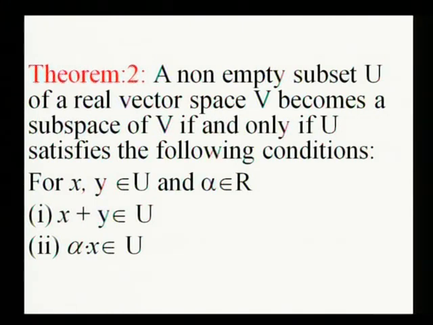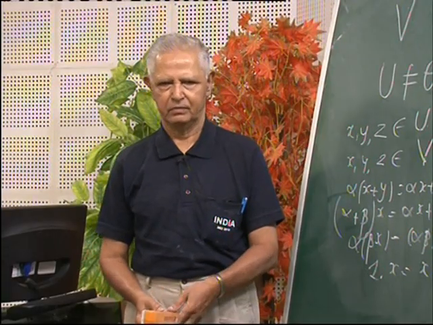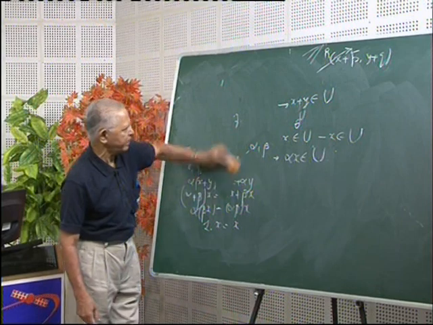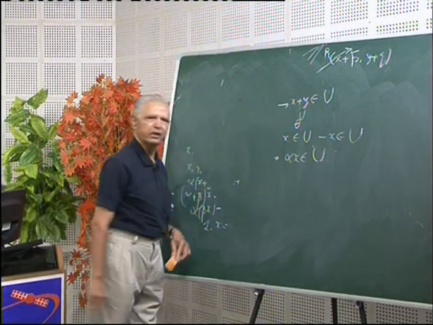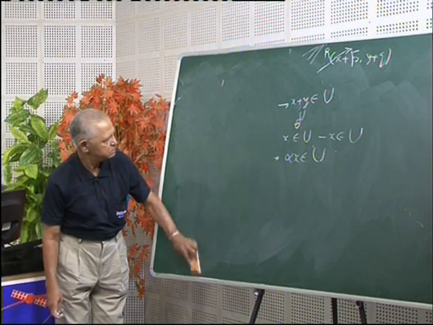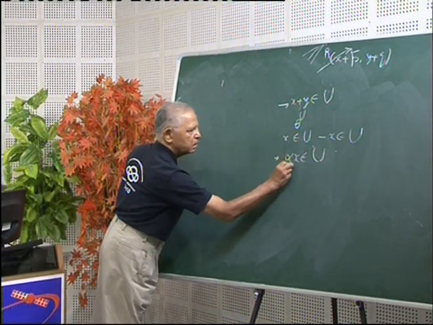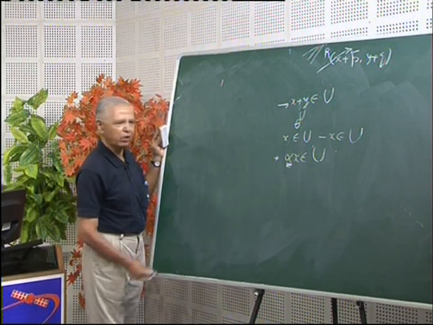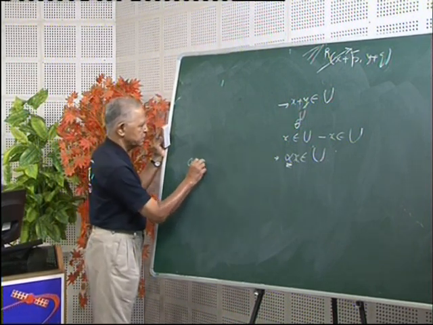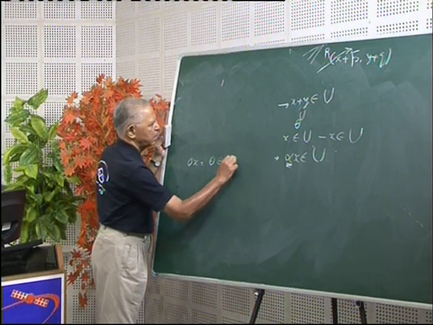The first part is very simple. If U is a subspace of V, then U itself becomes a vector space under the same operations of addition and scalar multiplication, and so whenever x and y both belong to U and alpha is a real number, x plus y belongs to U and alpha x also belongs to U. Conversely, suppose these 2 conditions are satisfied. Then taking alpha equal to 0, 0 into x equal to theta belongs to U,